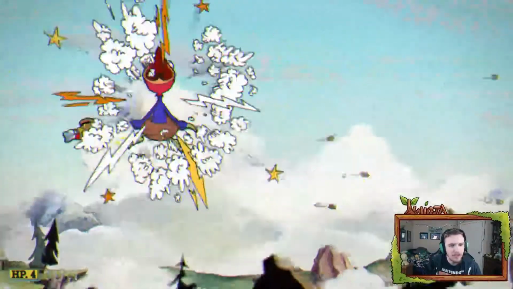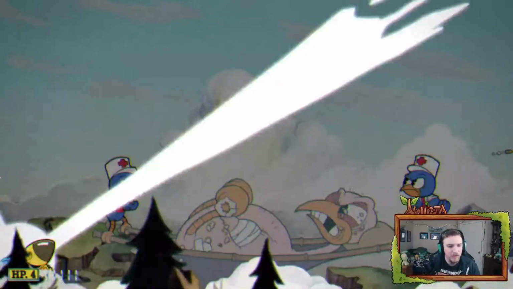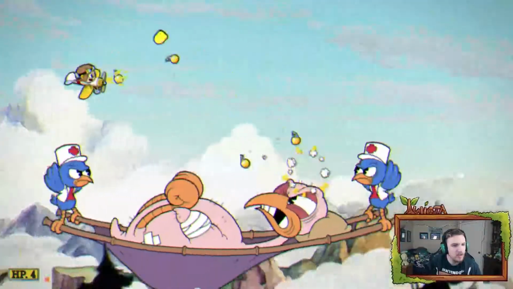The ray gun, you can get the timing down pretty well eventually, but just stay far away from him. When he comes up like this, I'm just gonna ult him. You can shoot him in his butt, actually, or you can shoot him with your little drop shots right here